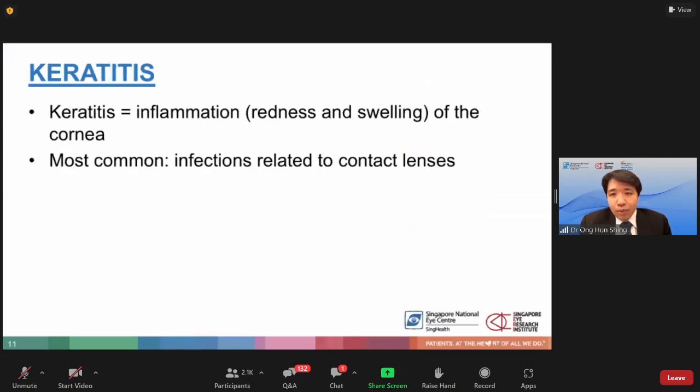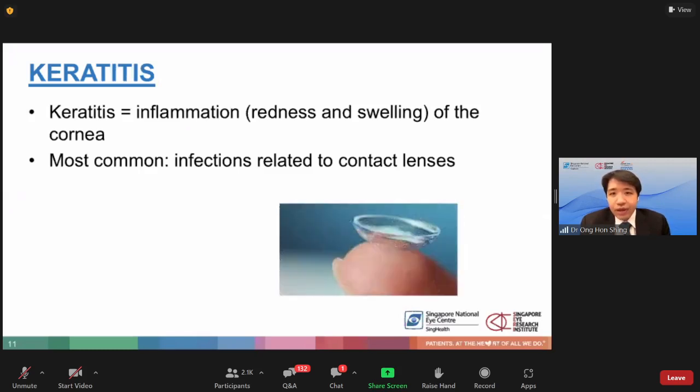Okay, moving on to one more condition, which is called keratitis. Keratitis is an inflammation of the cornea. And the most common cause of keratitis are infections related to contact lens wear. Although contact lenses can provide many benefits of not needing to wear glasses, they are not risk-free. This is especially so if the contact lens wearers do not practice healthy habits and take care of their contact lenses